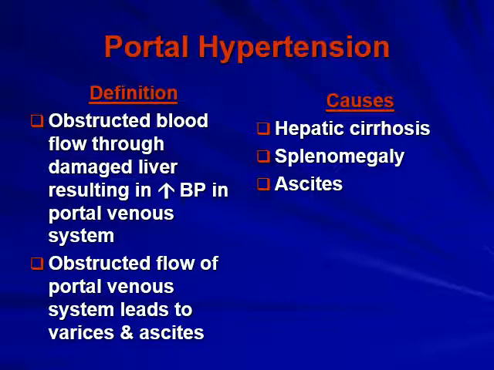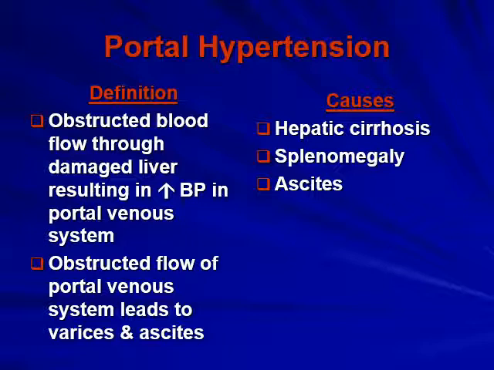Okay, portal hypertension. I think the pathophysiology is quite simple. If we have obstructed blood flow through a damaged liver, we're going to have increased blood pressure in the portal venous system that we talked about in the anatomy a while ago. If we have obstructed blood flow of the portal venous system, then we're going to end up with esophageal varices